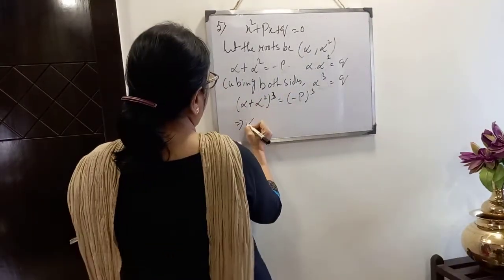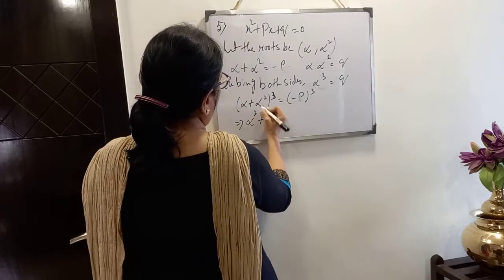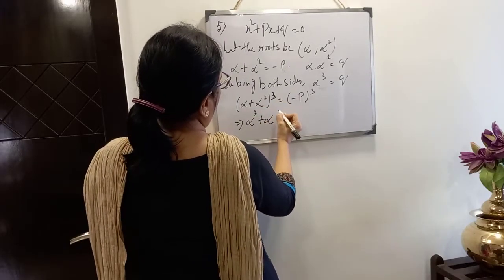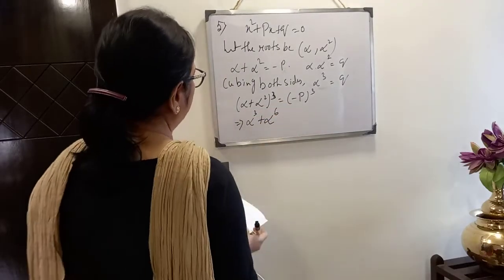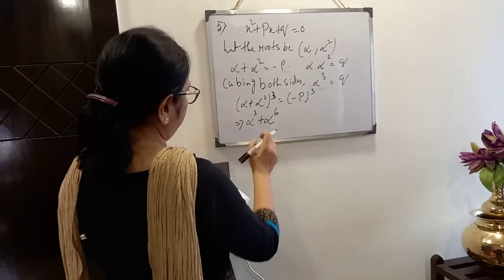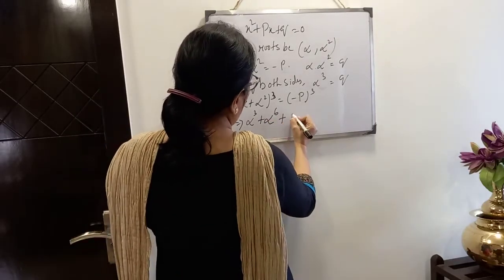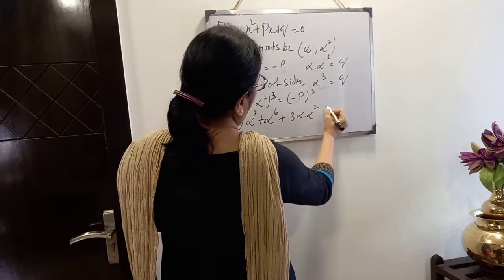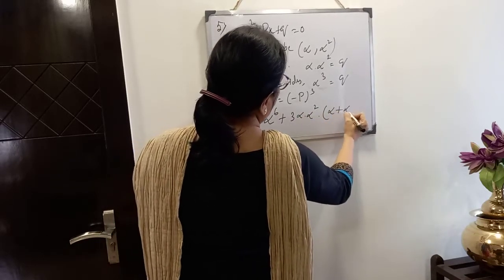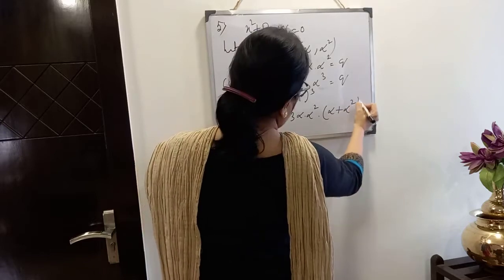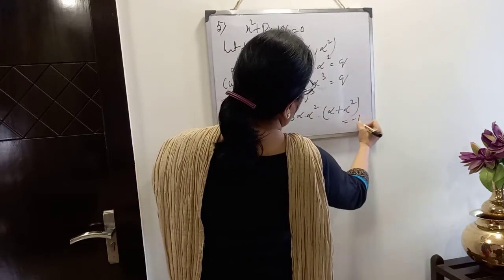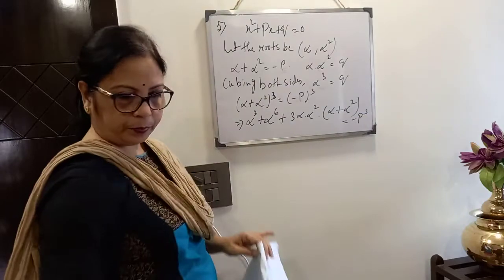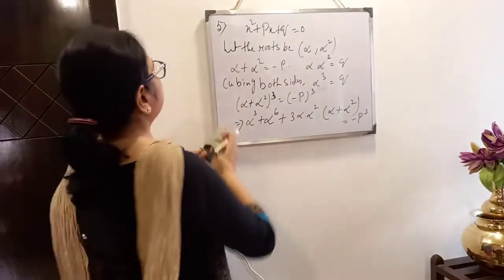A cube plus b cube means alpha to the power 6 plus 3 alpha into alpha square, 3ab into a plus b. Clear? And right hand side minus p cube. This. Then